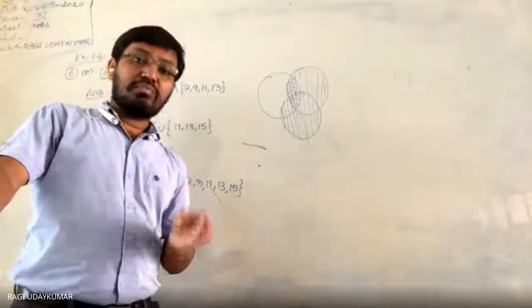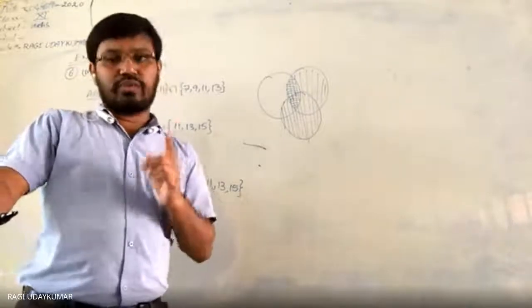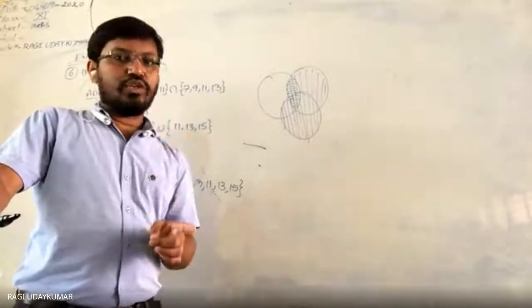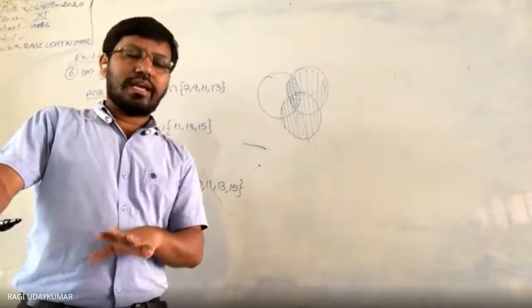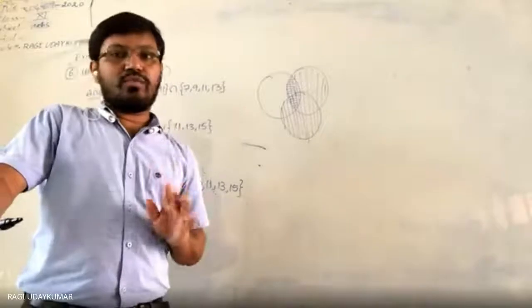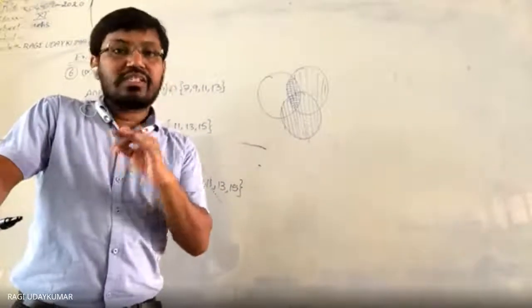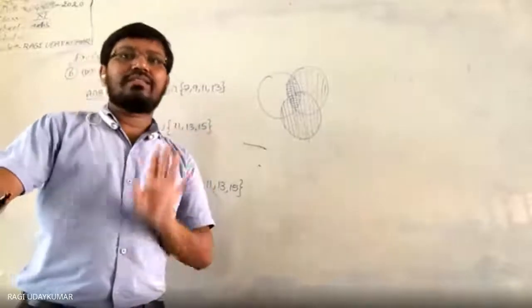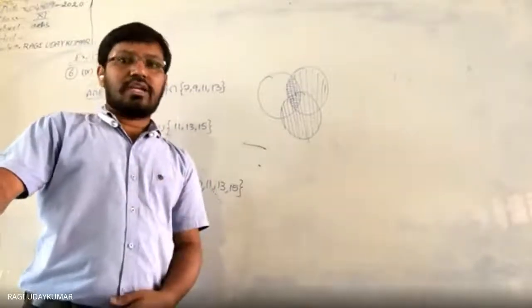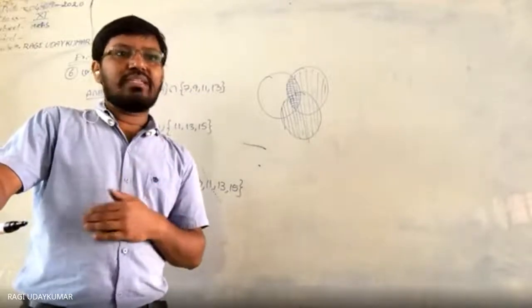0 is neither positive nor negative. 1 is neither prime nor composite. It is not prime, and it is not composite either. But there is no number which is an even natural number as well as an odd natural number when you take it into consideration. So B intersection C you will get the empty set.